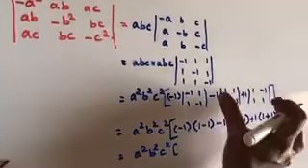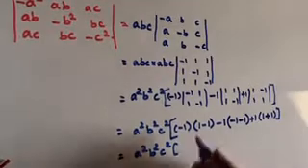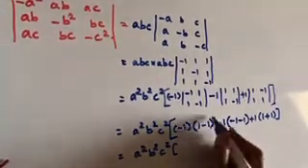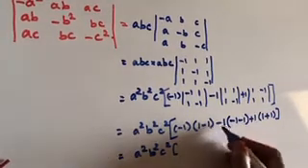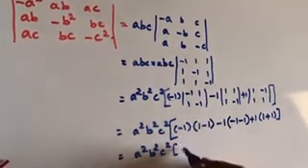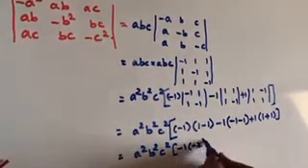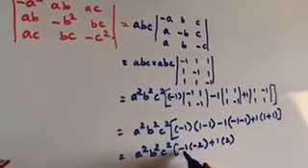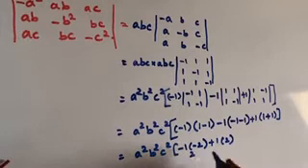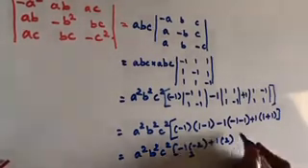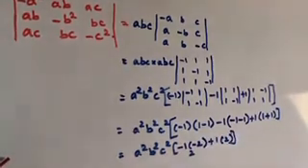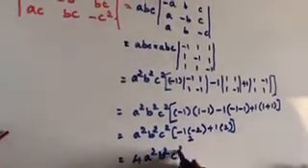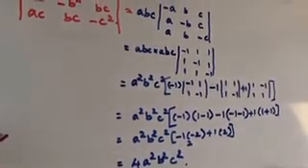Here I have expanded the matrix. So minus 1 into 1 minus 1 is 0, so this term will become 0. Here minus 1 into minus 2, right? Minus 1 into minus 2 gives 2. Here plus 1 into 2, this will become 2. So 2 plus 2 is 4. Right? So 4 A square, B square, C square. This is the value of this determinant.